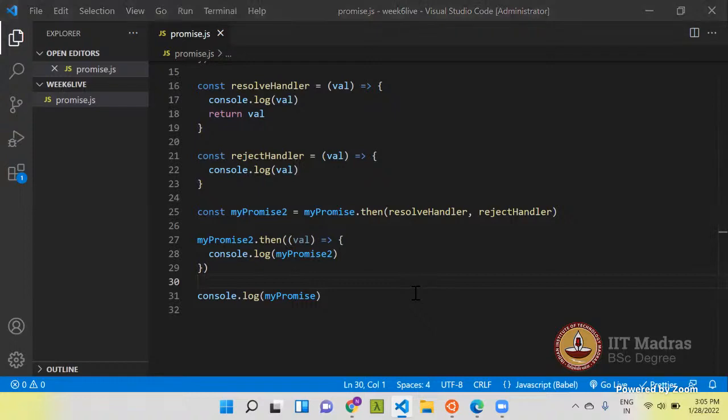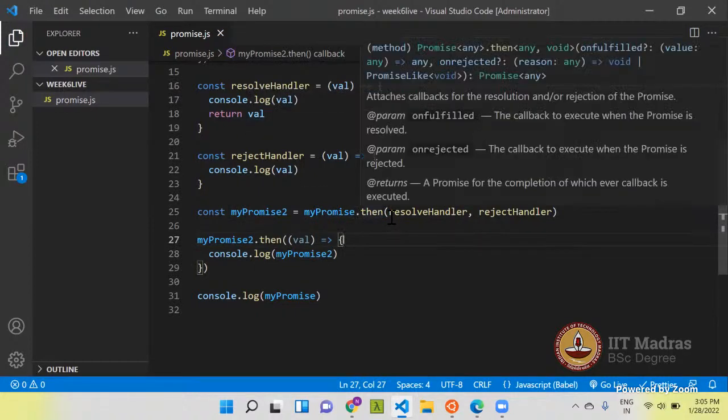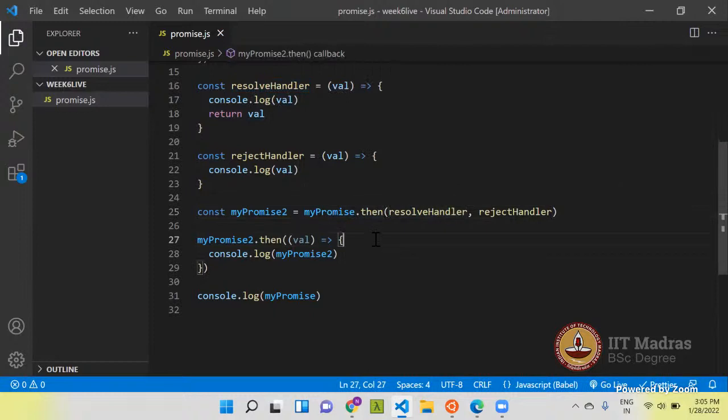Sir, so basically, my promise dot then will return the promise of the return value of either the resolve handler or the reject handler. Is that correct? Yeah, my promise dot then will return a promise which resolves with the value which the resolve handler returns.